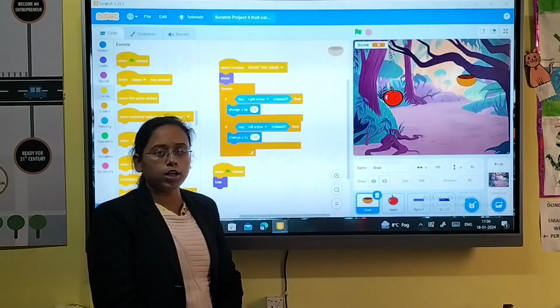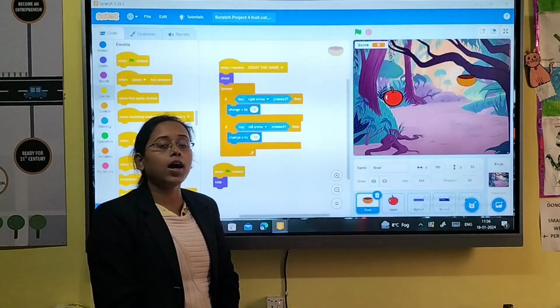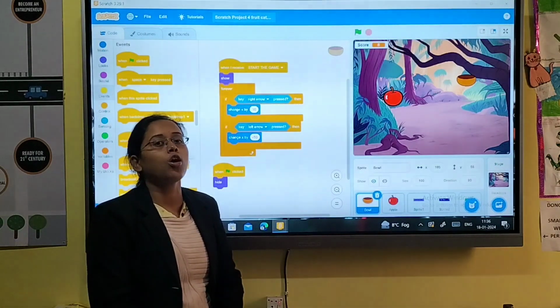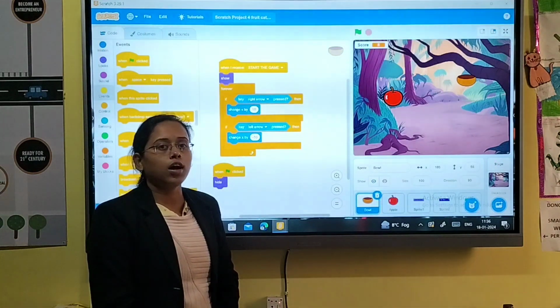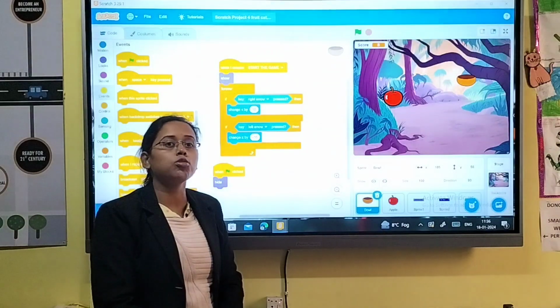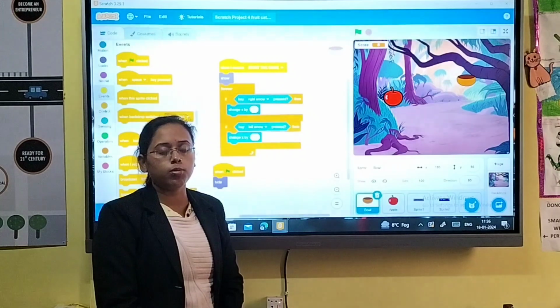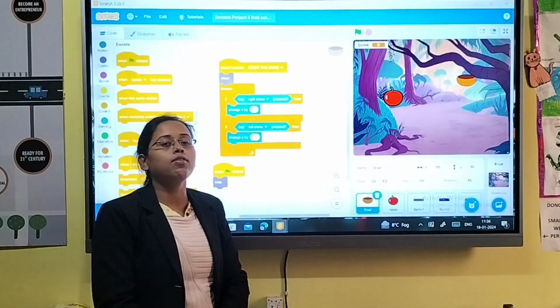When you come to the school, I will ask each and every student how they will add the home screen and how they will add the buttons in whatever game. This is the fruit catcher game. You can add the buttons in every game. Whatever game you want to make, you can add the buttons also. So I will ask each and every